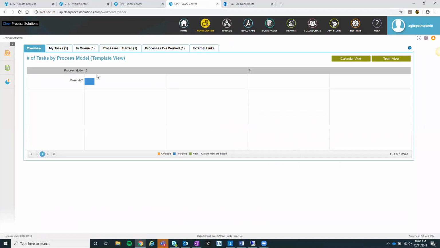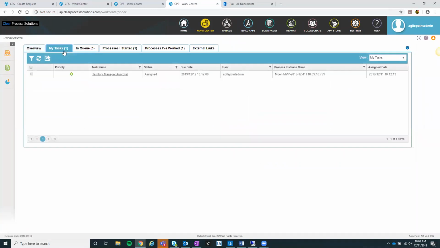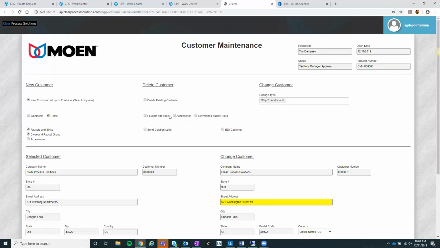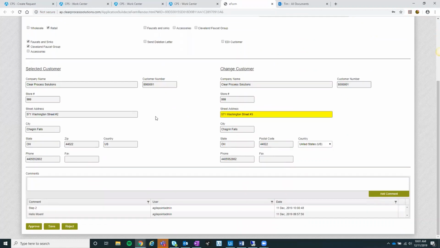So now we're at step 3 of 3 of our approval process. Click My Tasks. We'll just rinse and repeat here for the territory manager. Updated status. I can see the change, number 3, and I'll click Approve. But before I do that,